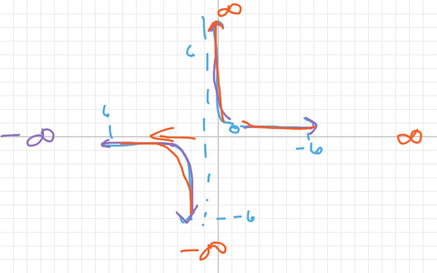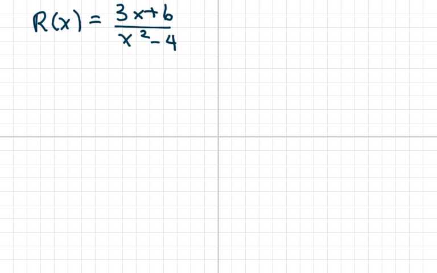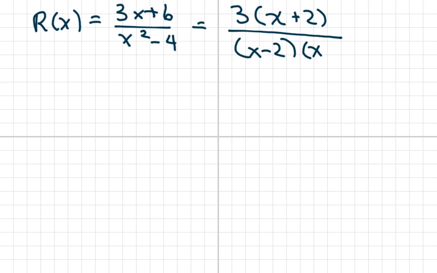Okay? The next one we have is r of x equals 3x plus 6 over x squared minus 4. I'm going to go ahead and factor this: 3 times x plus 2 over x minus 2 times x plus 2. I almost think it's better to graph. We know the domain is all real numbers. However, x cannot be plus or minus 2. Therefore, r is discontinuous